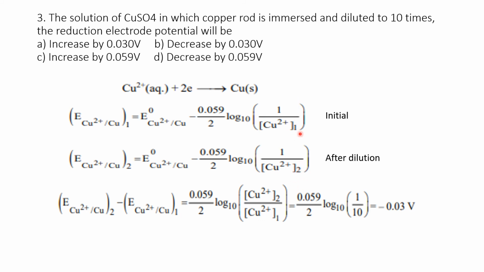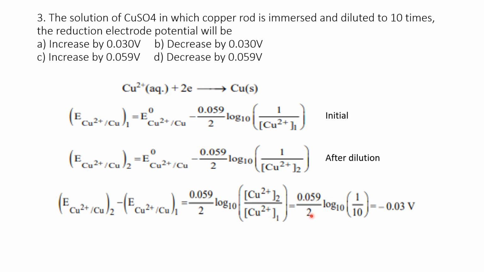Why have I mentioned these two? If you compare them, you come to know what the reduction potential is, whether it increases or decreases. If you compare, first we need to write it and subtract this from that, and you come to know what it is. Okay, this is a common factor, these two get cancelled, and this is a common factor, you take it away, and we get Cu2 plus 2 divided by Cu2 plus 1.